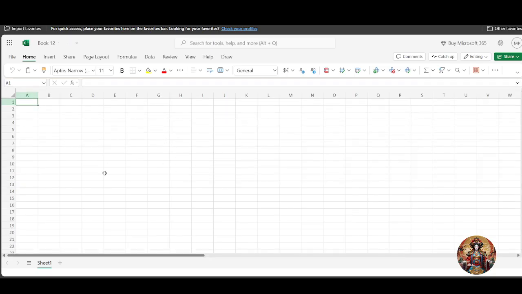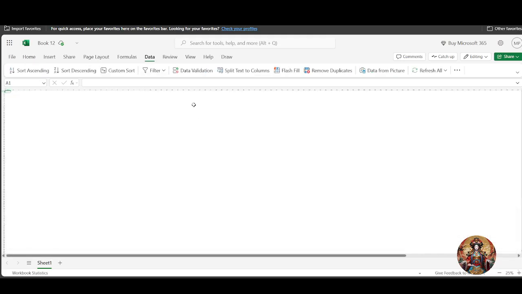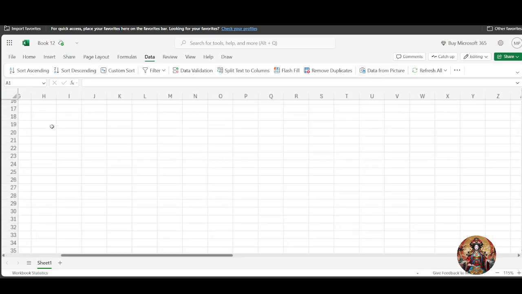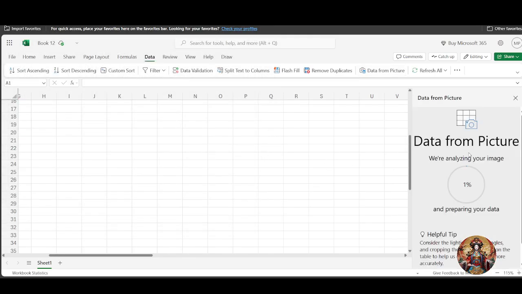Now after creating a blank page, you have to go into Data. In the top you will get to see this. Just simply click on that. Now here you will get to see Data from Picture, where you can add your picture or a table through an image. Just simply click on that and choose your image and open it. Now it will analyze your photo